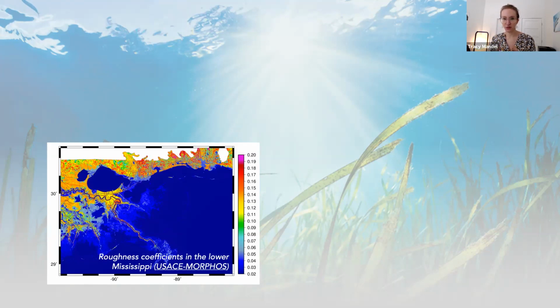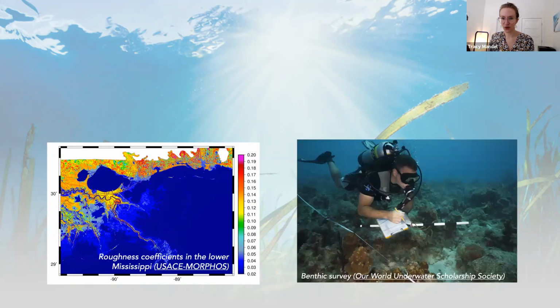In this case, these roughness coefficients were assigned using basic land cover definitions. This can be hard to measure in submerged areas and difficult to keep up to date as the landscape changes over time. We can also characterize roughness by doing detailed benthic surveys, such as the diver shown here,